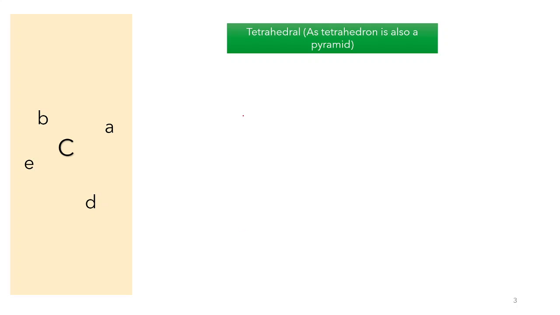And also there is one very interesting difference. If you see the shape is pyramidal. Just a minute. If you see this pyramidal shape, I can make this in plane, and this is in the front, and this is in the back, and this is a lone pair. And then if you make this tetrahedral shape,